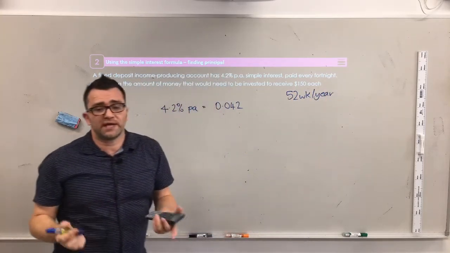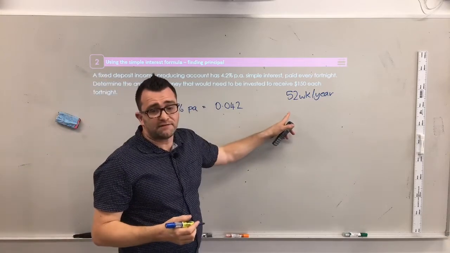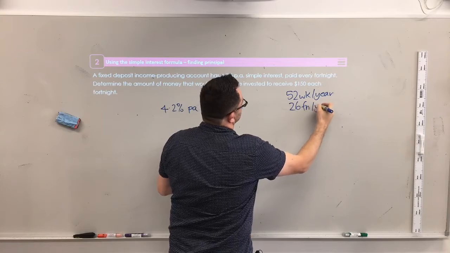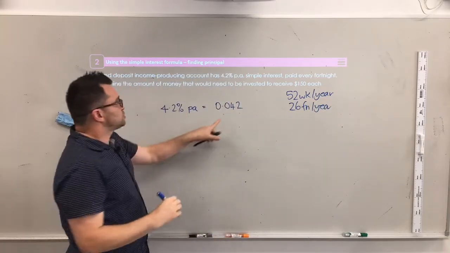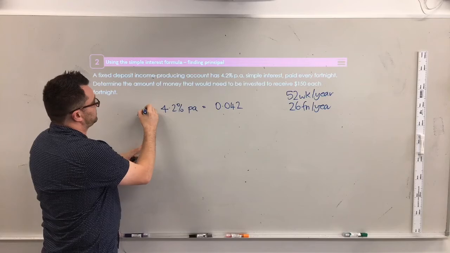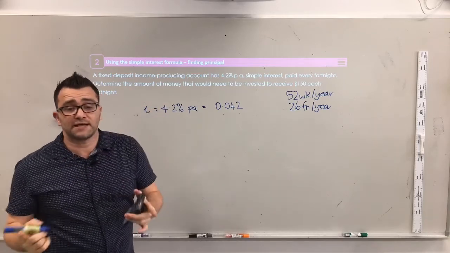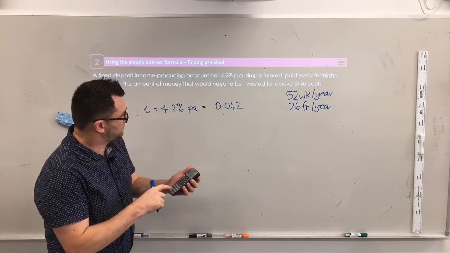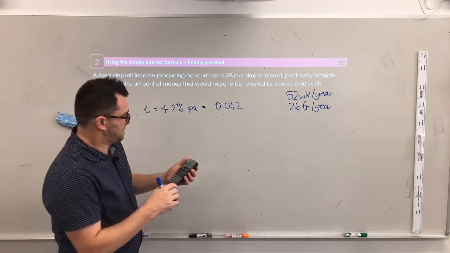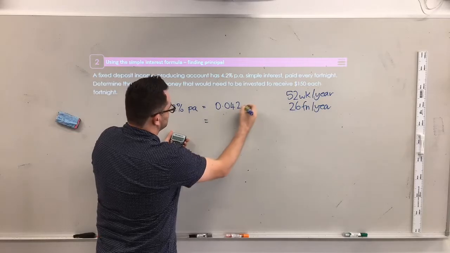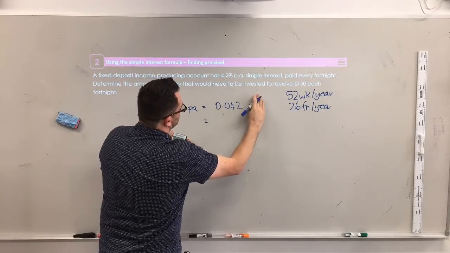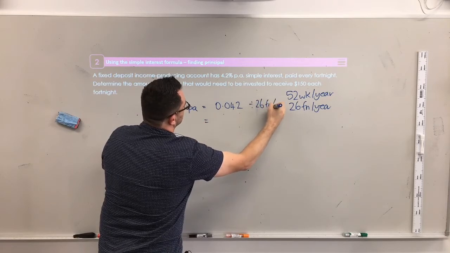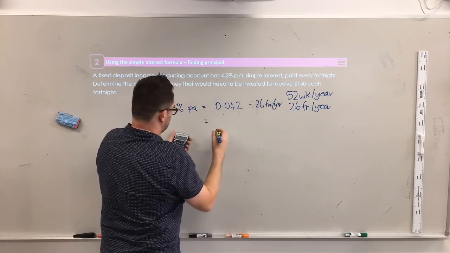If there's 2 weeks per fortnight, well then there's going to be half that number. So we should have 26 fortnights per year. So what we have to do is take our interest rate and divide that by 26. So we're going to go 0.042 divided by 26 fortnights per year. So we get